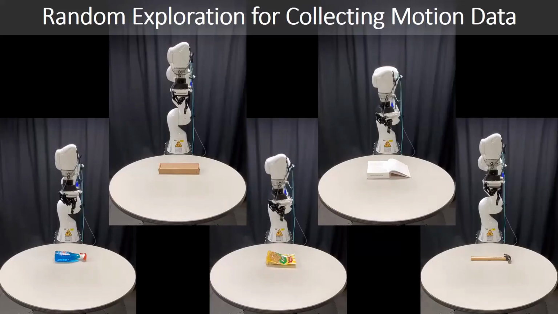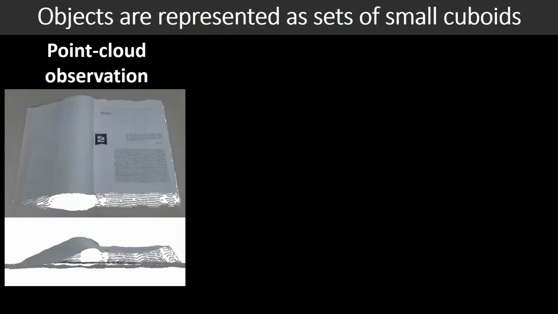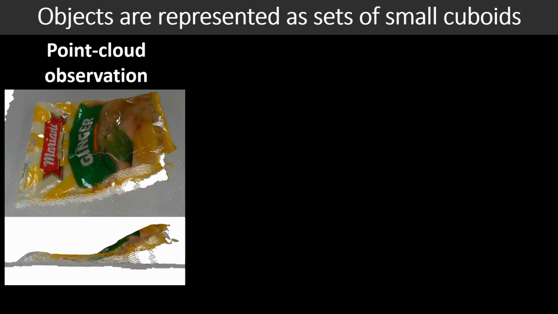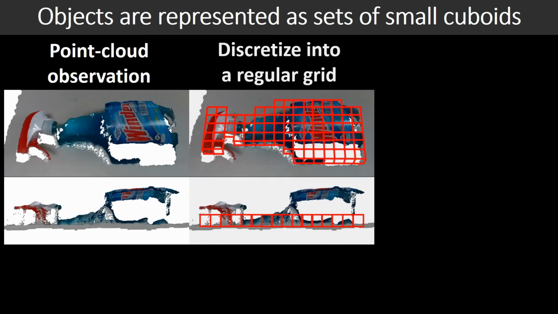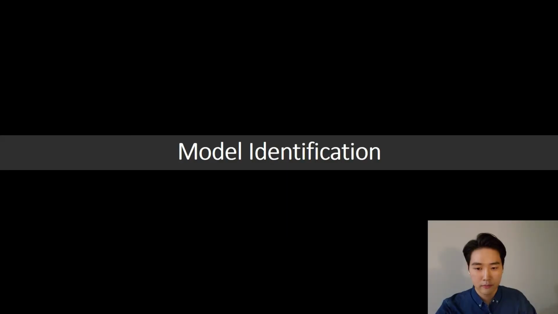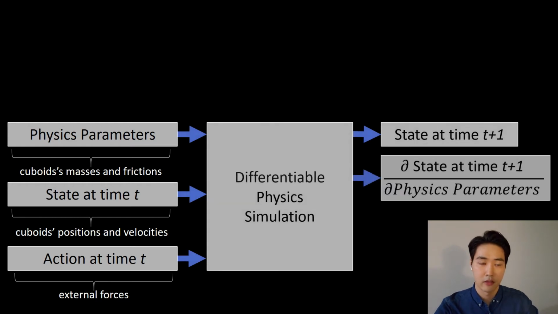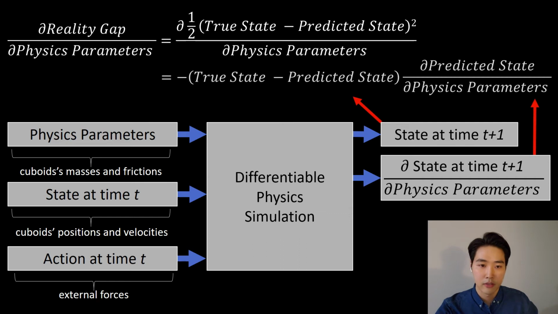We can start with playing with the objects and then we observe how they are moving. The next step is to take each object and decompose it into a large number of cuboids. Each cuboid becomes an individual object that is attached to adjacent cuboids. The differentiable physics simulator outputs the state at time t plus 1 as well as the gradient of the state. Using this information, you can compute the gradient of the reality gap and you can use the gradient to